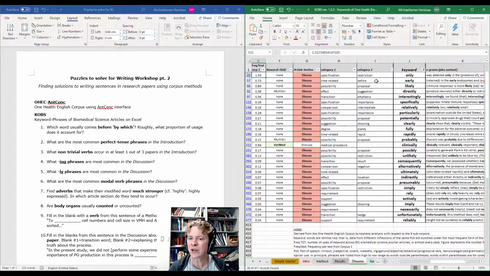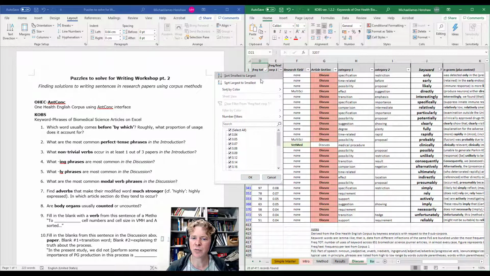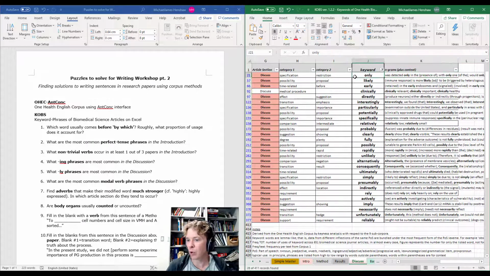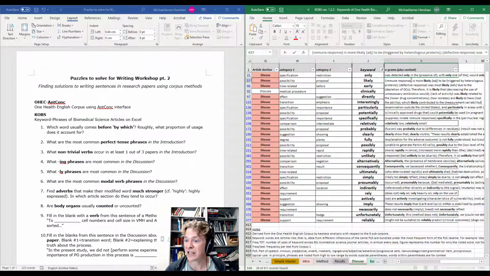So if we want to be a little bit more specific, let's sort by frequency to the discussion. And not surprising, we get only and likely. Early is a bit surprising because we didn't see that much in the other one. Clinically, directly, interestingly. Okay, so you may be able to look here first and find a phrase here under likely. So immune response is more likely to be, oh, we saw that, didn't we? Is more likely to be, or was most likely